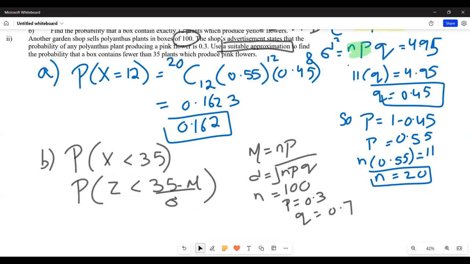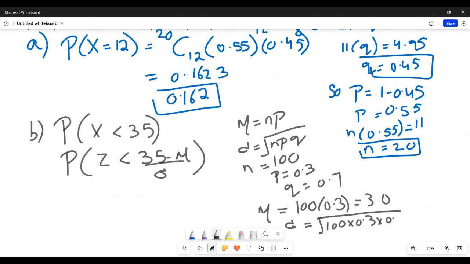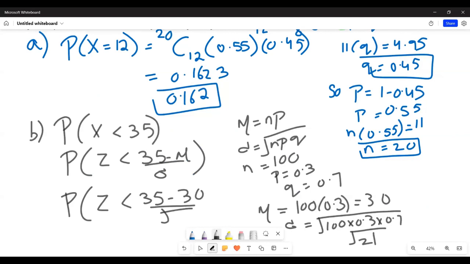So now find mu and sigma and use it in the left equation. Mu would be 100 into 0.3, which would be 30. Sigma would be square root 100 into 0.3 into 0.7, so square root of 21. Probability Z is less than 35 minus 30 upon square root of 21, which is probability z is less than,